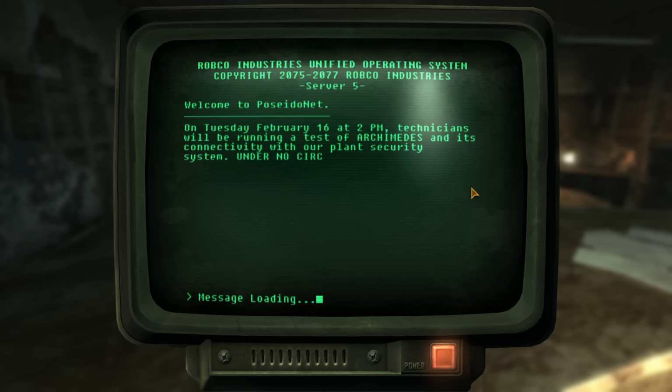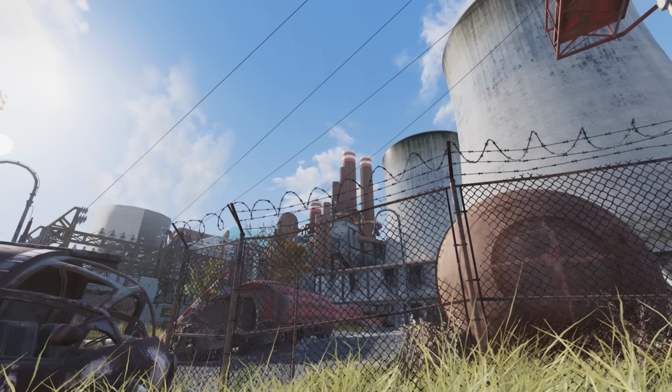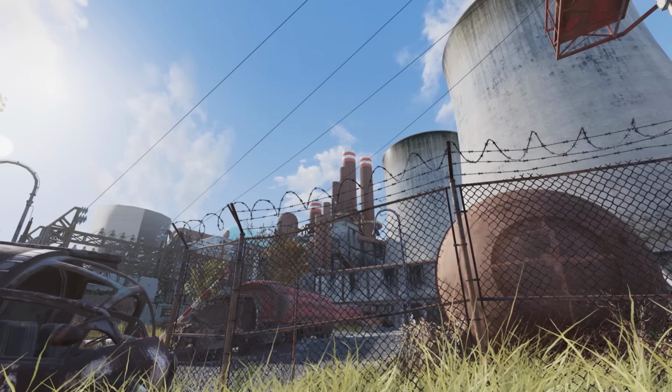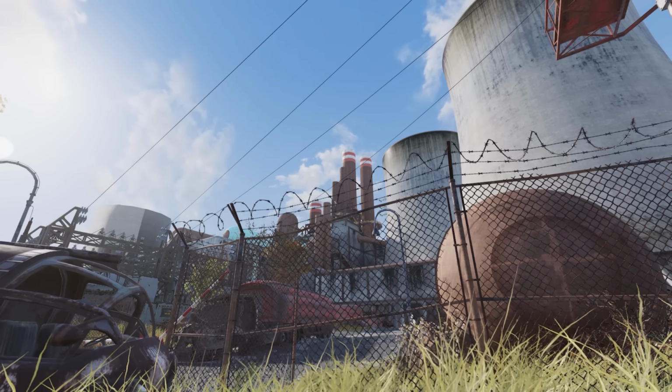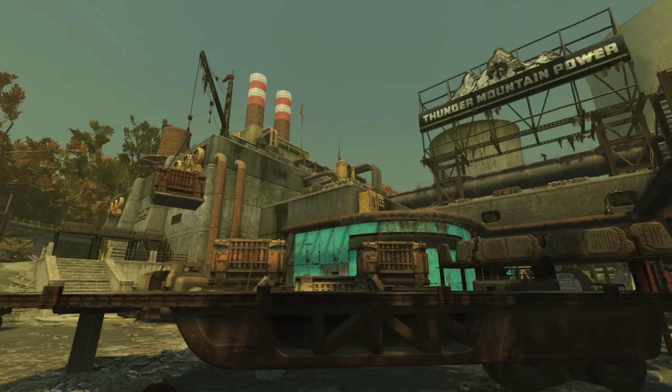The Helios 1 station in New Vegas is linked to Poseidonet, as is their satellite, Archimedes 2, and 2 nuclear power plants in West Virginia are confirmed to be connected to Poseidonet. That is an enormous distance to cover. It stretches all the way from off the coast of California to Nevada, Colorado, over to the East Coast in Appalachia. This enormous network that was leveraged heavily by the US military, but also included non-military assets, namely Poseidon energy facilities, seems rather reminiscent of the real-world ARPANET.